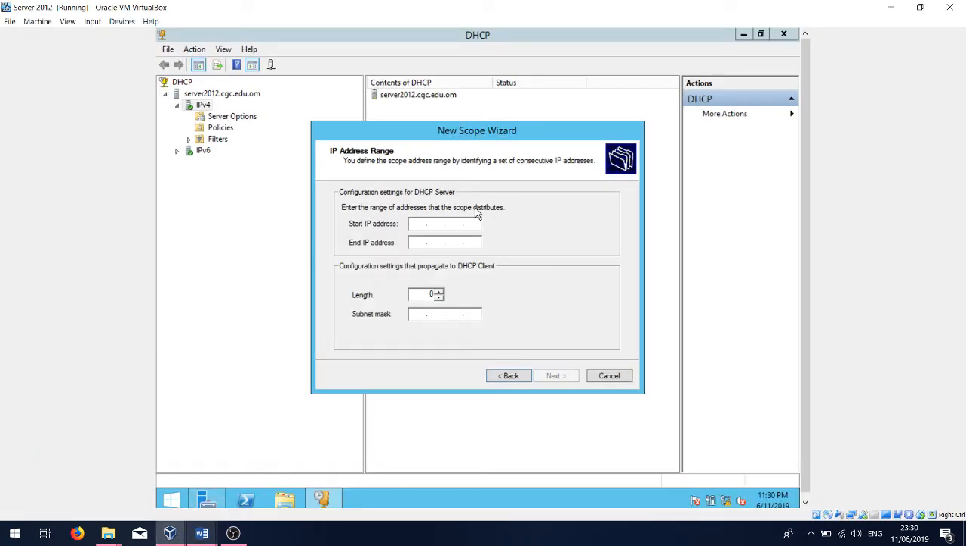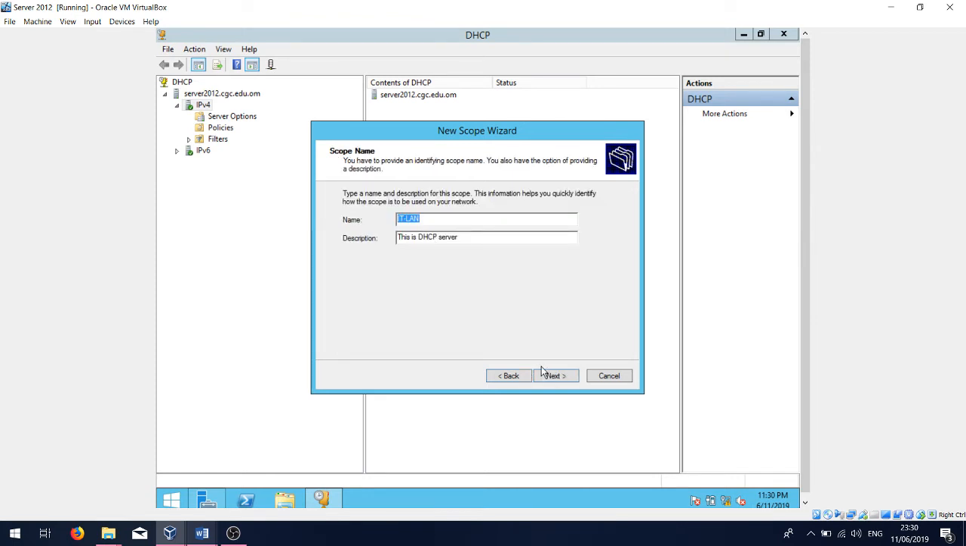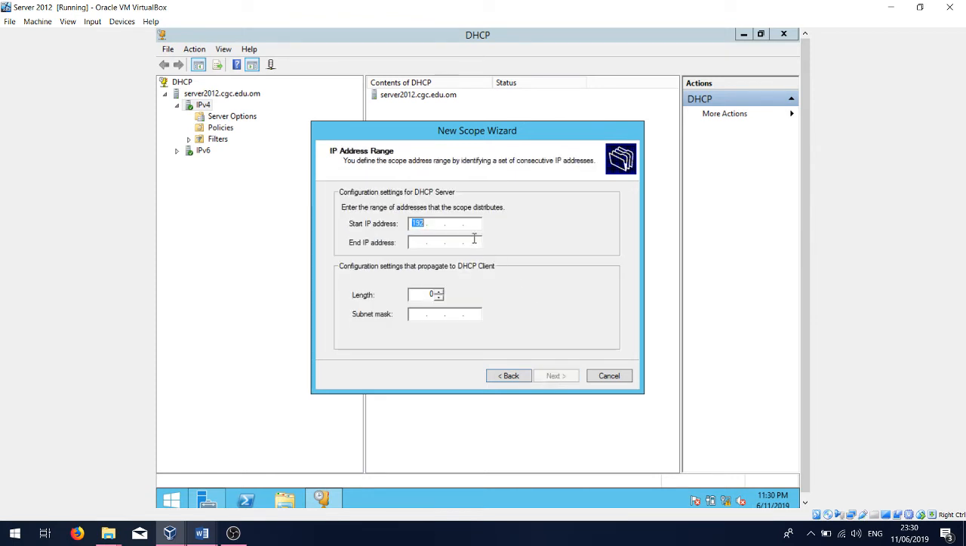So, 192.168.25.5, then the end IP address is 192.168.25.60,